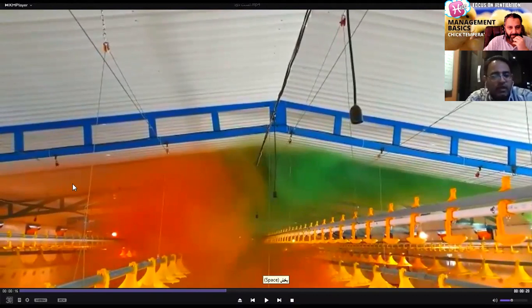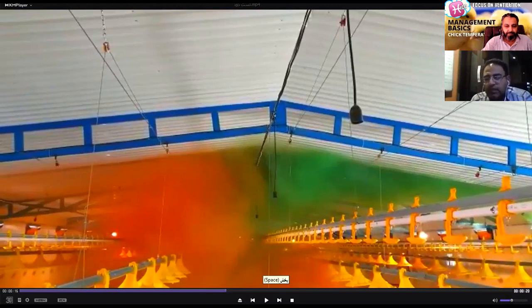If you don't have good pressure and you don't reach the center of the shed, the cold air exchanges heat at the top of the shed, and this is not good and increases moisture in the litter. And another thing is the draft. Air profile and air direction are very important. Air is like a stick and contacts the surface during movement.